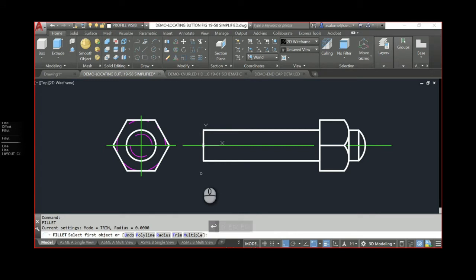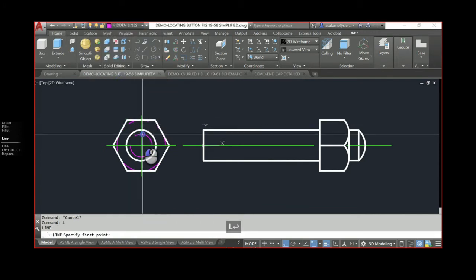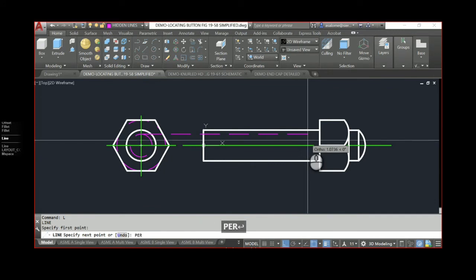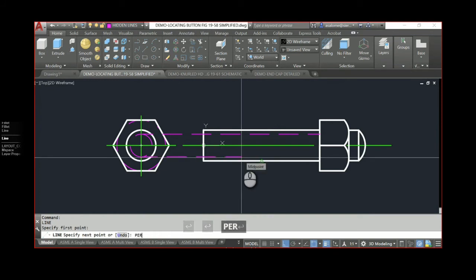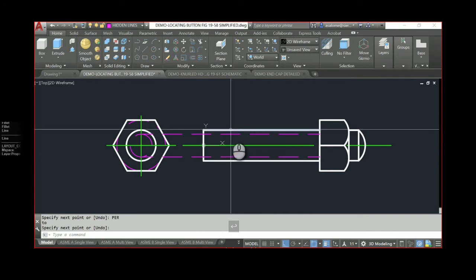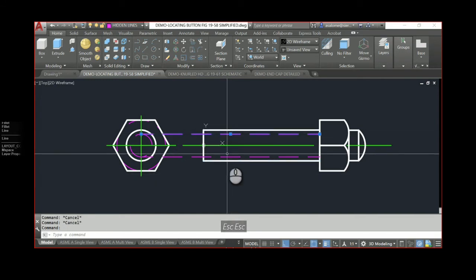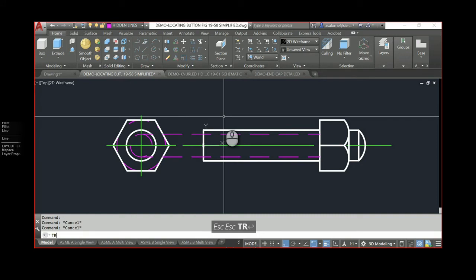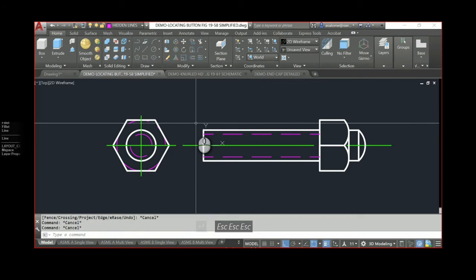Okay, and then we need to know where the minor diameter is. So on the hidden lines layer, I'm just going to take a line from here to, again, the perpendicular of here, and from this intersection to the perpendicular of there. And what these lines represent is, the white visible lines are the major diameter, and the hidden lines are the minor diameter. And I'm going to trim to there, take out that, take out that. Okay. So that's a simplified screw thread.